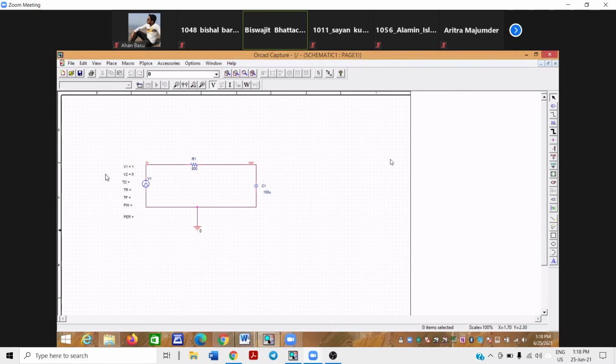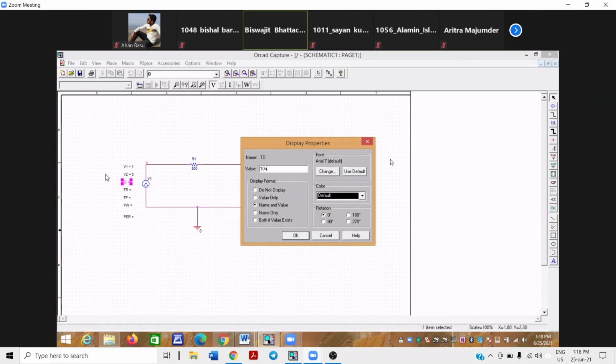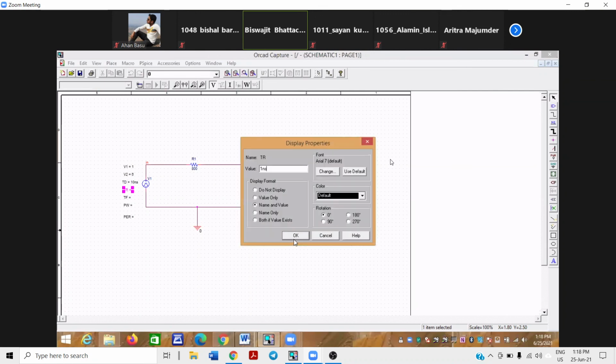N or NS also you can give. NS means nanosecond, or you can skip S also. S is not required, but normally for time we give it. After 10 nanosecond, it will start from V1 to V2. Okay, our rise time, so we are giving 1 nanosecond. After 1 nanosecond, it will rise.